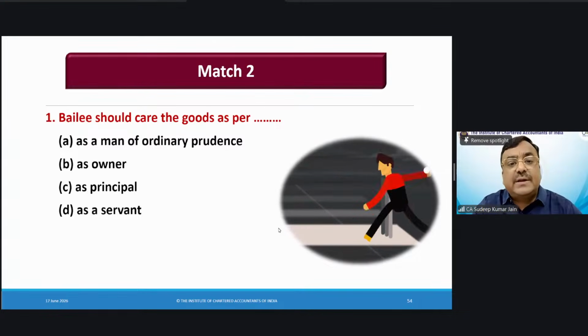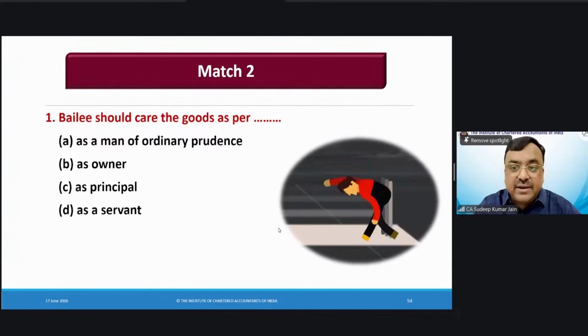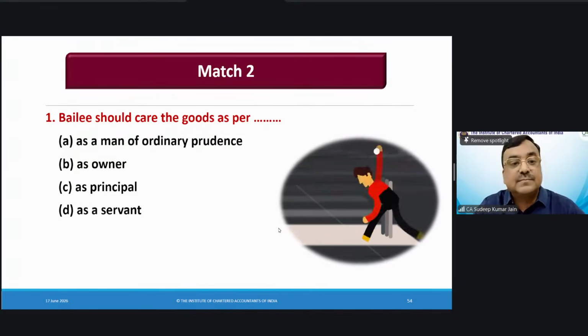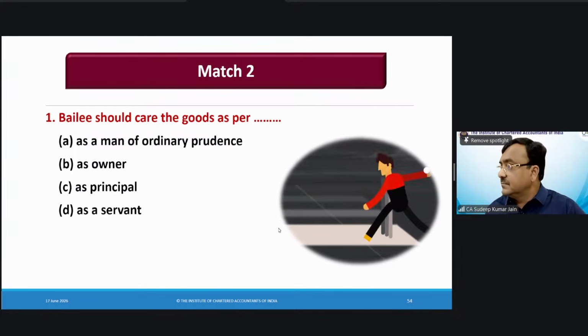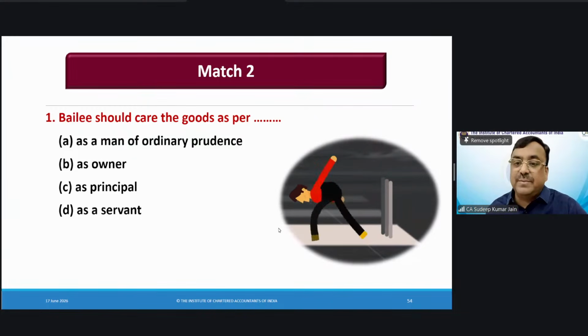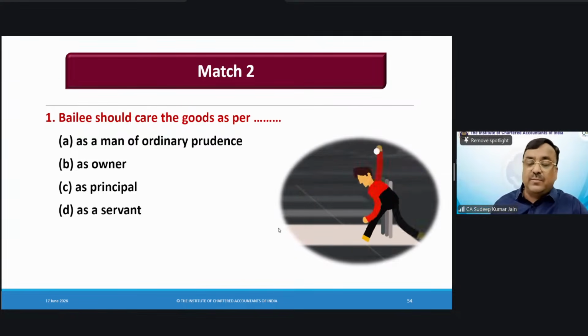Bailee should care the goods as per as a man of ordinary prudence, as owner, as principal, as servant. अक्षित, सारे एग्जाम्पल आ गए आपके, तो एक भी नहीं बचा मेरे ख्याल से बीच में। देखता हूँ बेटे, अभी लेता हूँ, रिप्लाई कीजिए। बेटे मैंने इनको, एग्जाम्पल 38 और 40 ऑलरेडी डिस्कस कर चुका हूं मैं पहले, जब हमने डिस्कस किया था व्हेन वी हैव डिस्कस द ड्यूटीज ऑफ बेलर, उसमें डिस्कस कर चुके हैं। प्लीज ध्यान दीजिए, रीड कीजिए उन्हें प्रॉपर।